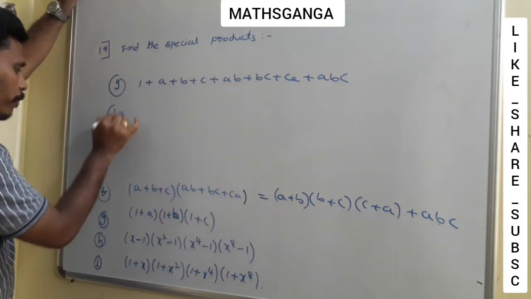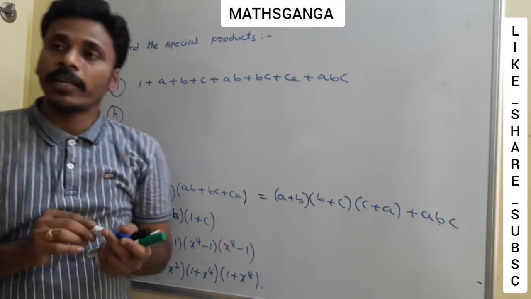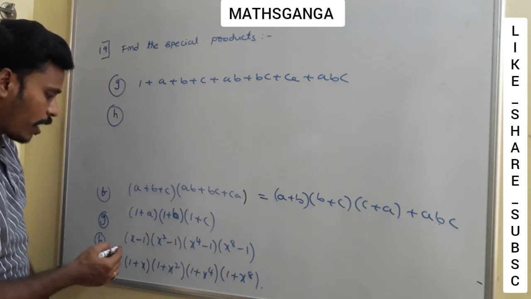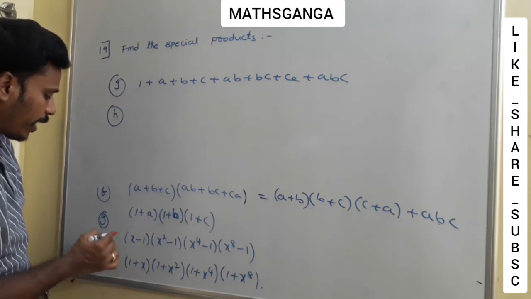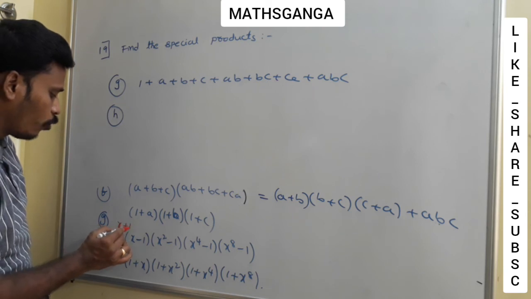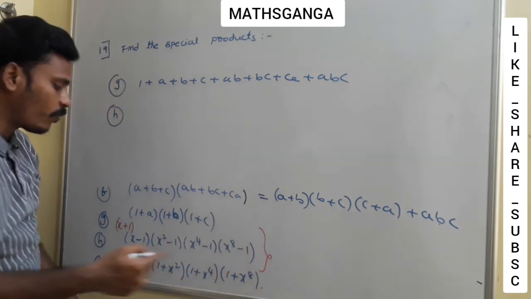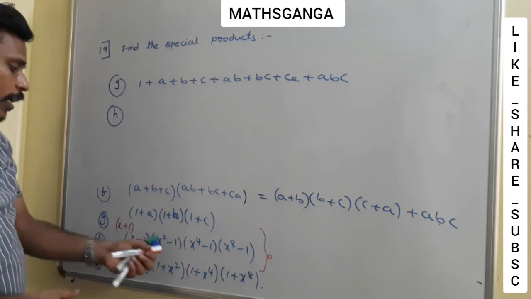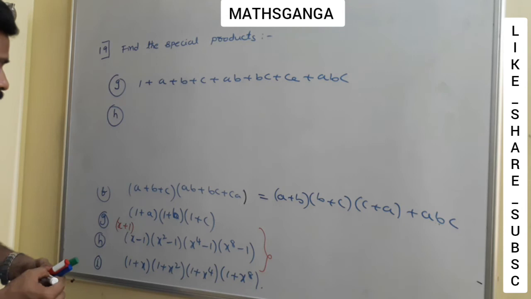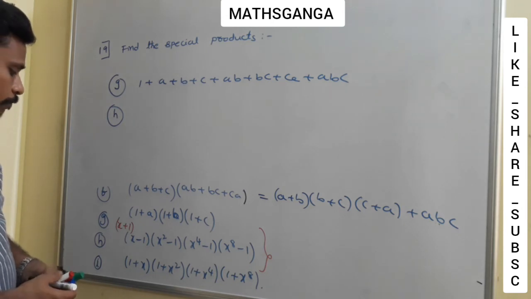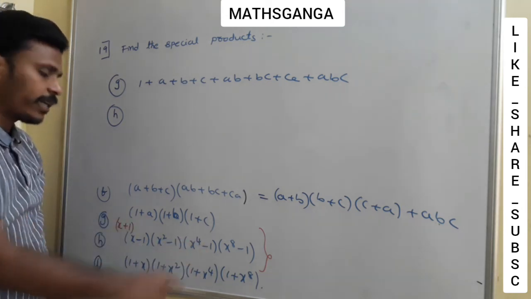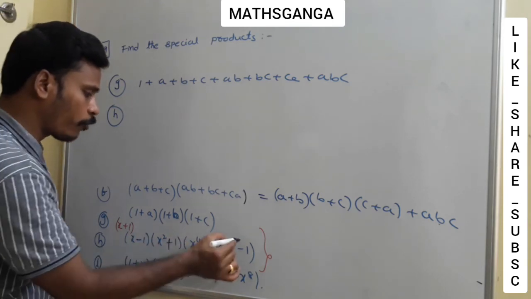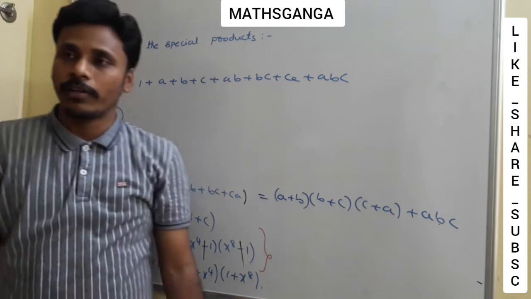And then H, if you think, here you need to use for H (a minus b) into (a plus b) as a square minus b square. Just I missed that x plus 1 here. I need to mention x plus 1 also. It is somewhat the interesting pattern what I need. You just neglect that H, I will correct it. So it is (x minus 1), (x plus 1), (x square plus 1), (x power 4 plus 1), (x power 8 plus 1). That's what actually I need to give.